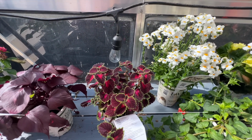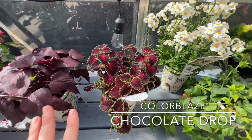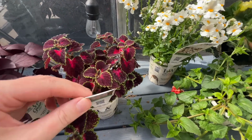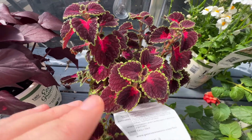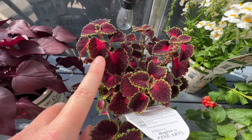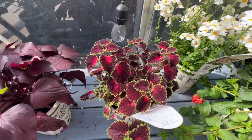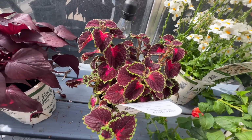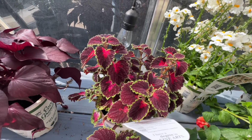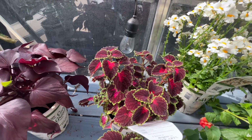So Chocolate Drop is another version of this. I mean, how much do we all love Chocolate Drop coleus? So this is just called Cherry Drop, obviously, because it has this beautiful tricolor. This is my favorite color of coleus, when it has the tricolor and the green edges just like that. It's absolutely my favorite. Okay, so Color Blaze Cherry Drop coleus, very late to never flowering, grows in sun or